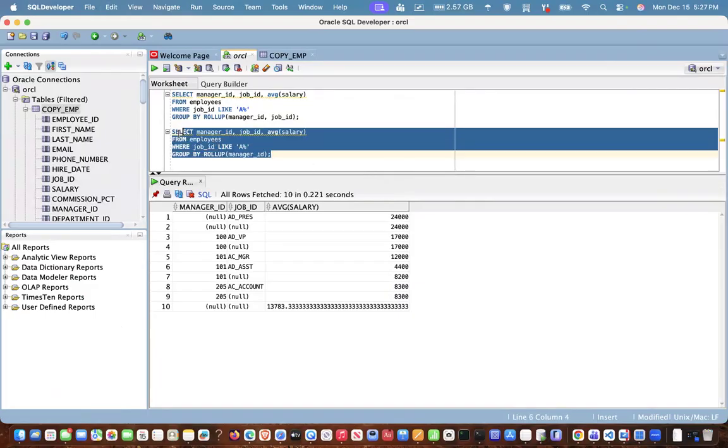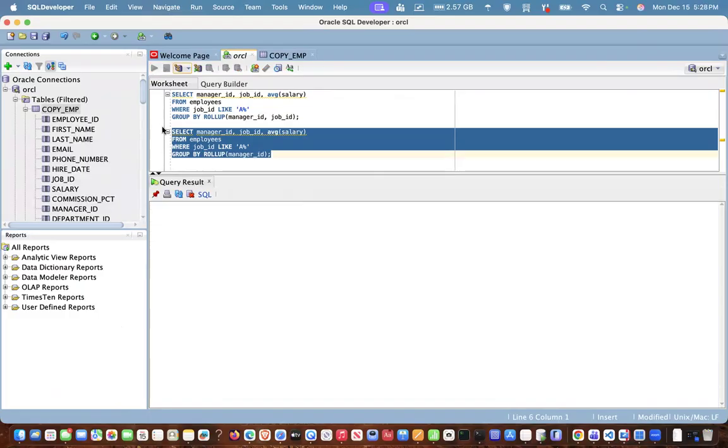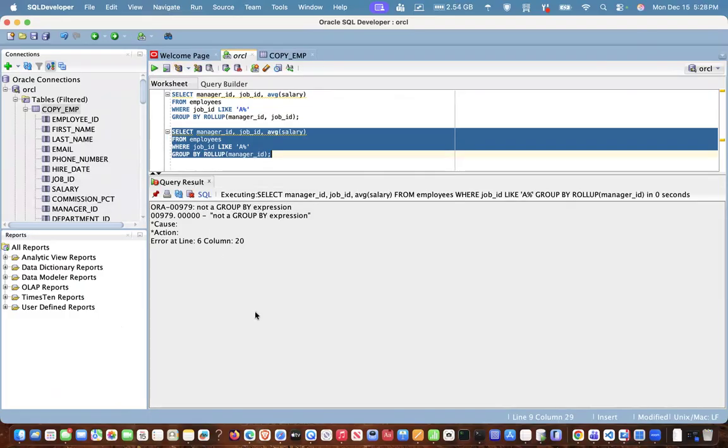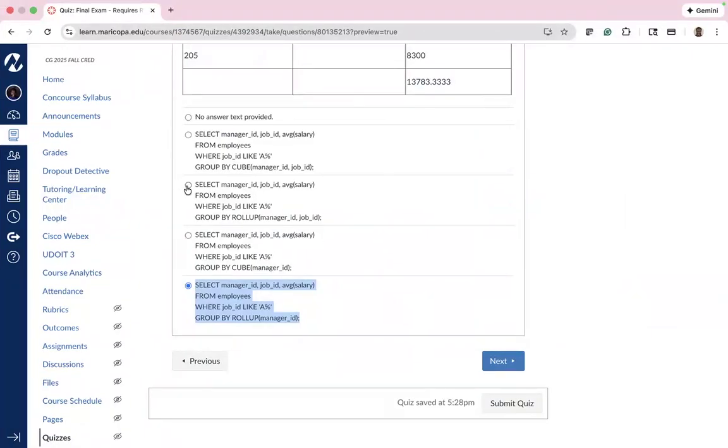Let's see what happens when we run this one. That one gives you an error because we have a group by and we're not including, remember one of the rules of group by, we're missing one of the columns. Even with the roll up, that's not a group function. So the correct answer is B